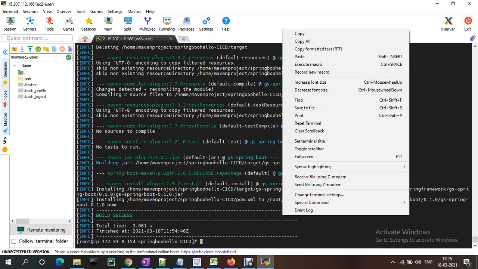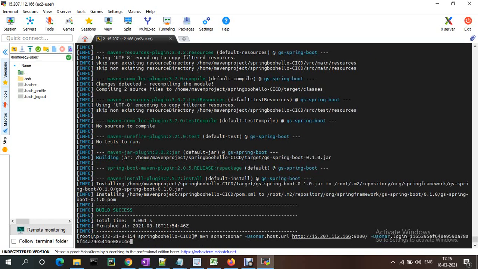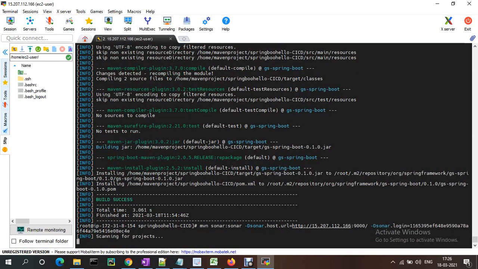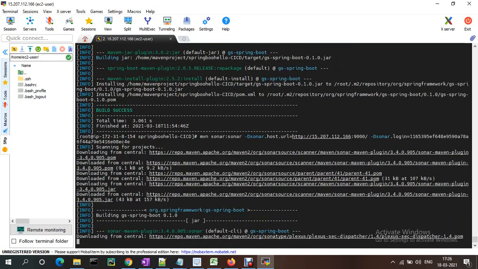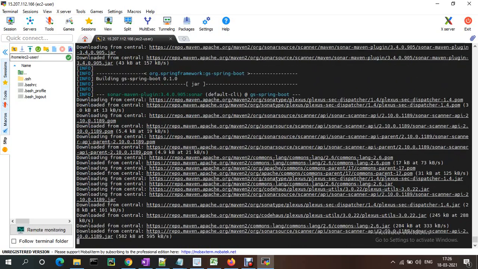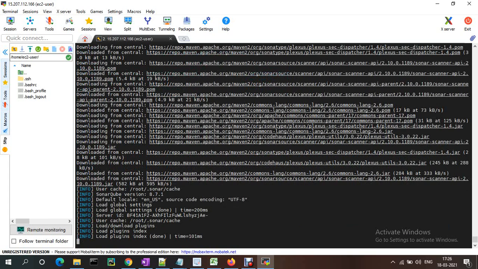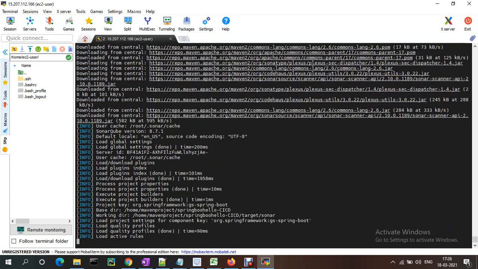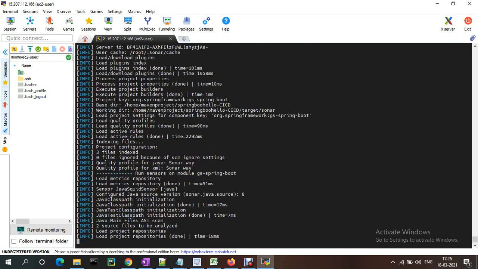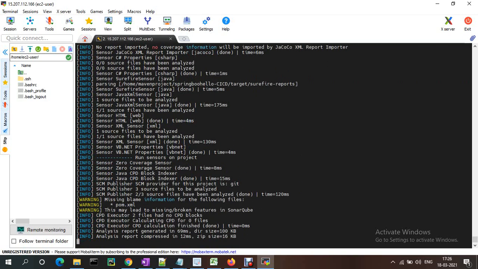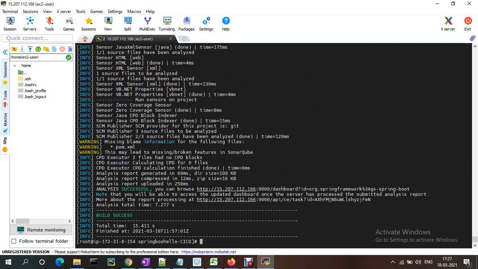For that, I'm using mvn sonar:sonar with the URL and login name. Let me try to build with this one. So now the build is success.